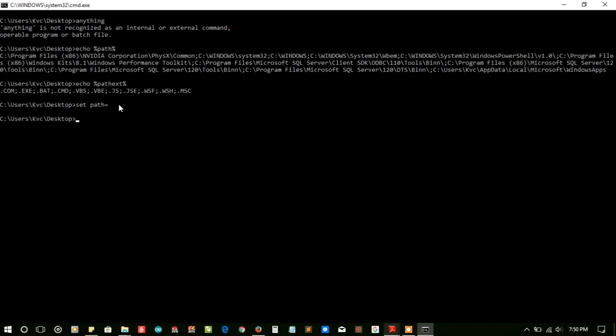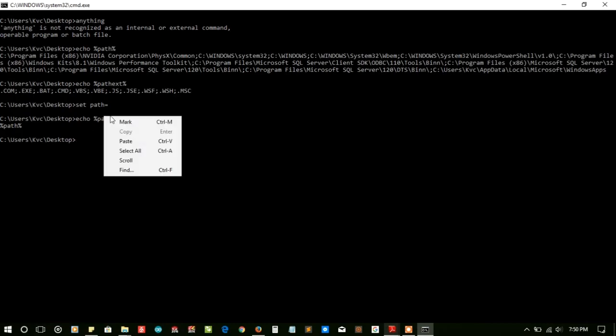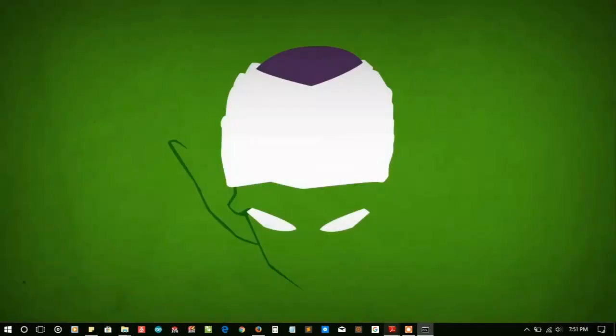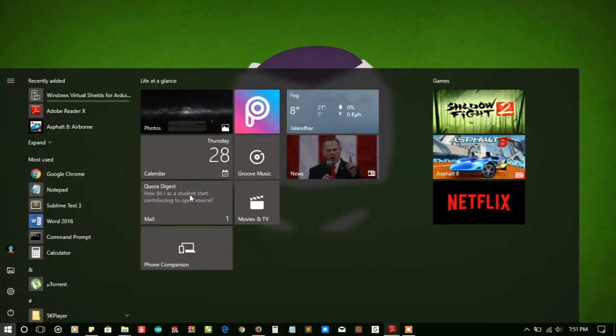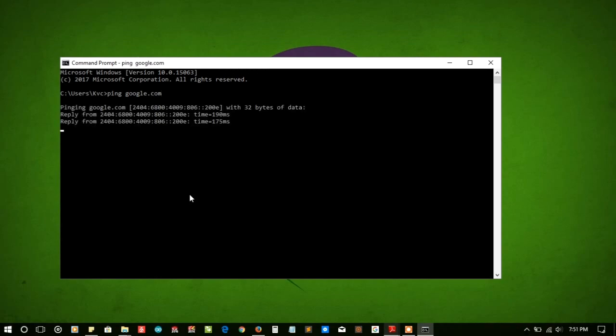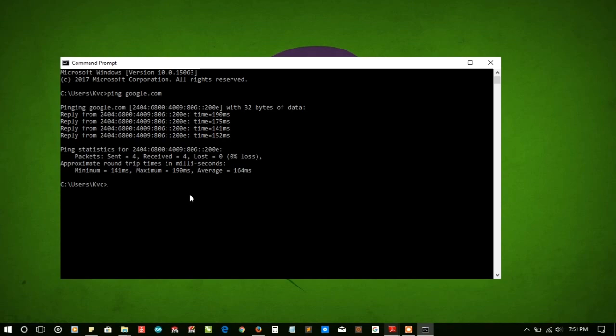So I'm going to press enter, and now when you see the path variable, it is empty. So cmd is displaying simply the path because it has no value. Now we'll try to ping google.com, and you will see that it says ping is not recognized as an internal or external command. But when you close that, open cmd again and write ping google.com, it is now executing the ping command easily, because now the path variable contains